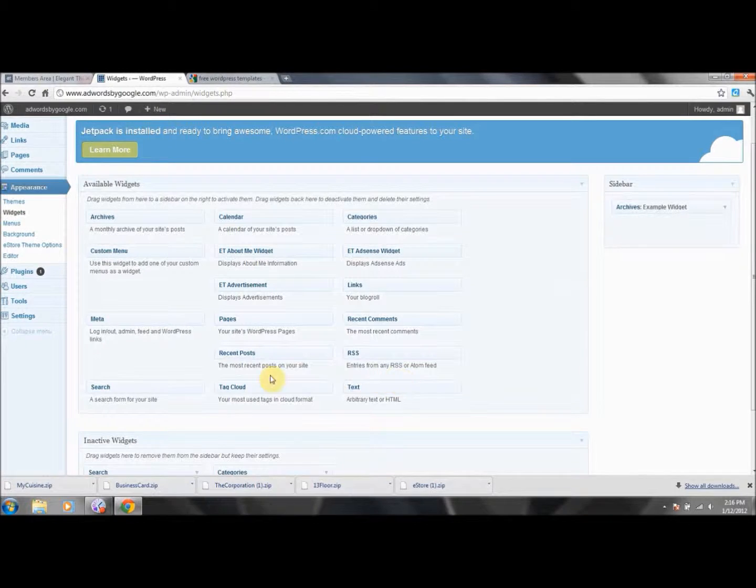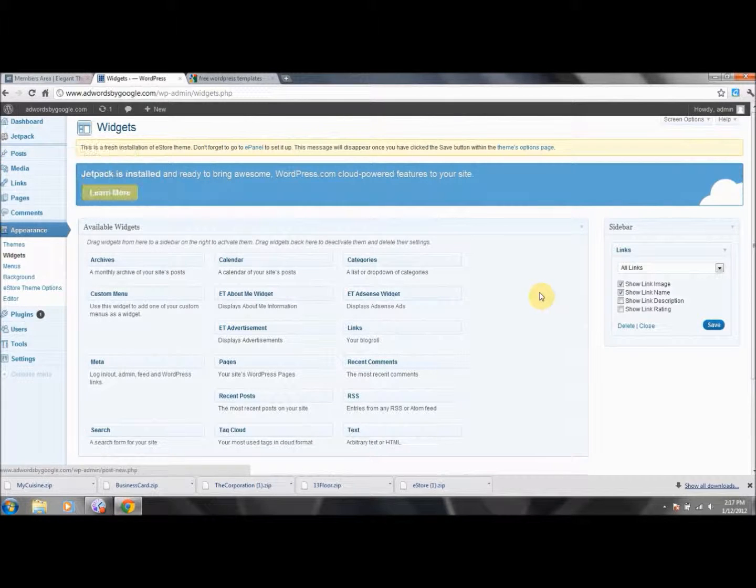So let's do this. Just to show you what this should look like, we will drop a link in here, and we're going to toss that archive out with links, and we'll get into how to set up links. When you start defining your pages on your website, or a little further up we believe are posts, when you get to defining these things, we are going to show you how to set up links so you can have something here on the bar of your website. These become really important, and they will determine how effective